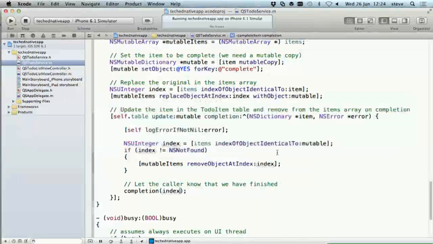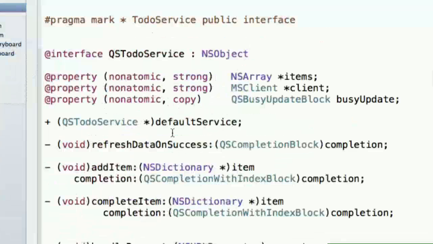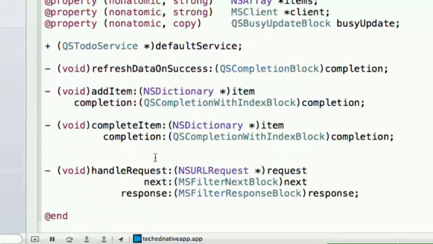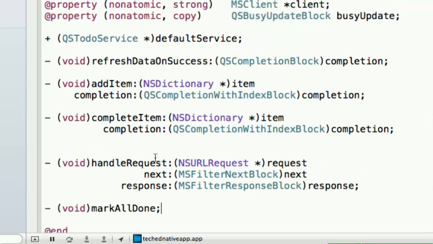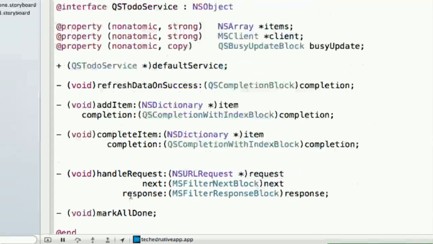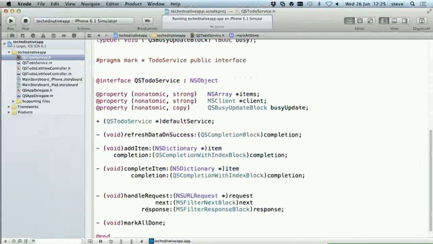So I will go to Xcode. I'm going to go into my service class. Now this is a header file, and this defines all of the operations on this service, and it's Objective-C. Don't worry if you're not familiar with that. So, wrong thing. There we go. So I've just added this little code snippet there, and that declares that there's going to be an operation here called mark all done, and it doesn't take any parameters, and it doesn't return anything either. It just does what it says it's going to do.